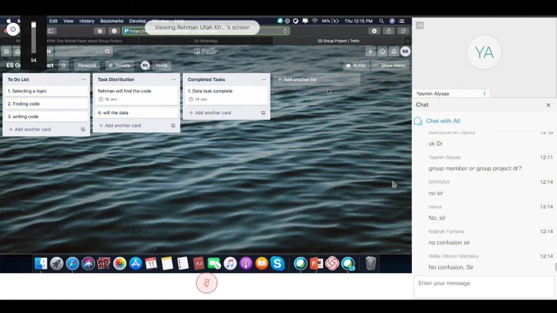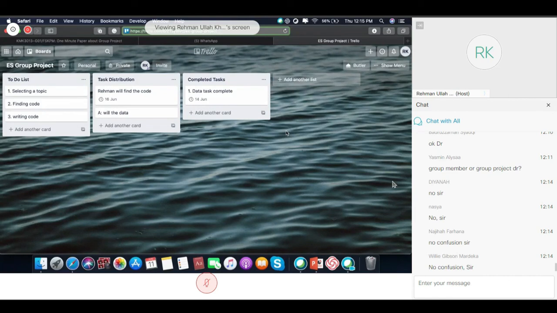Oh, actually, it is like this. Let's suppose you have 5 members in your group, right? Okay, let's assume you have 5 members in your group. So the leader will create this Trello project, and the leader will invite the rest 4 group members, including me.